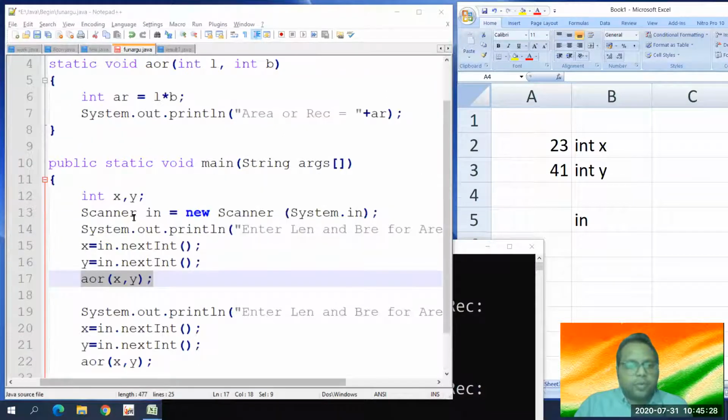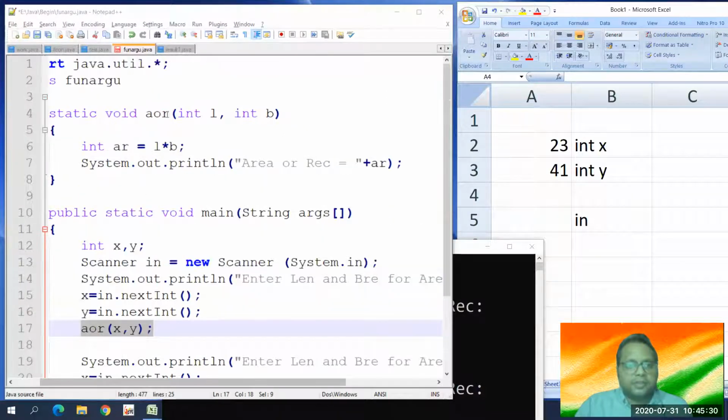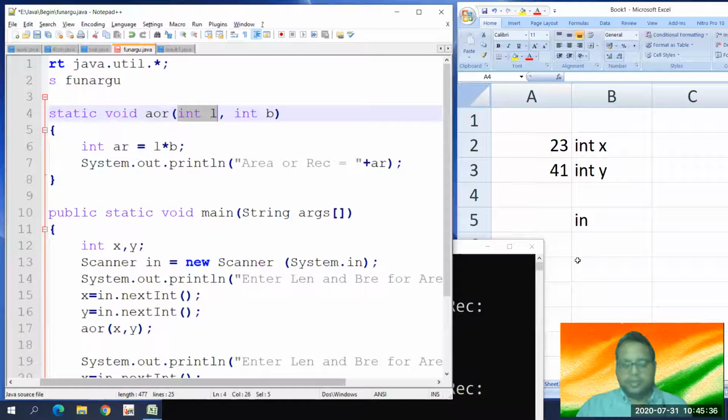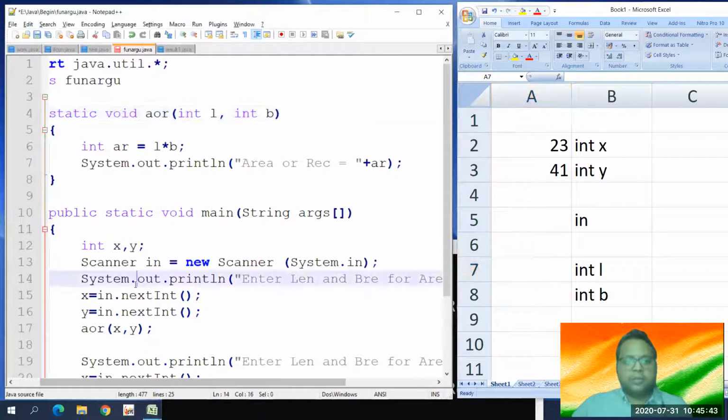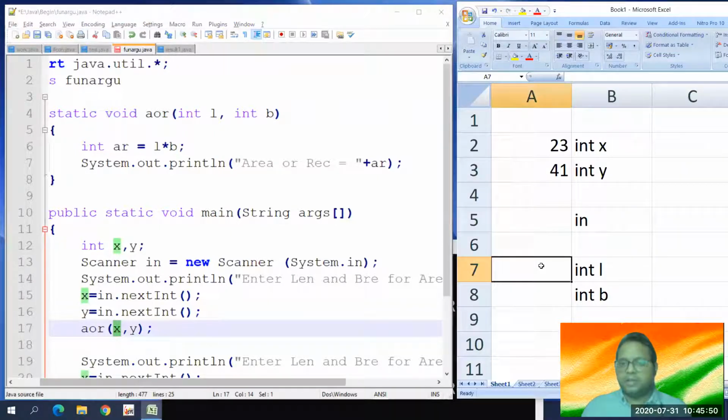When this particular line is executed, the flow of control goes to this function, AOR, because we are calling AOR. And what happens? int l and int b are created, and the values are passed to them. What is the value of x? 23. A copy of this is made.